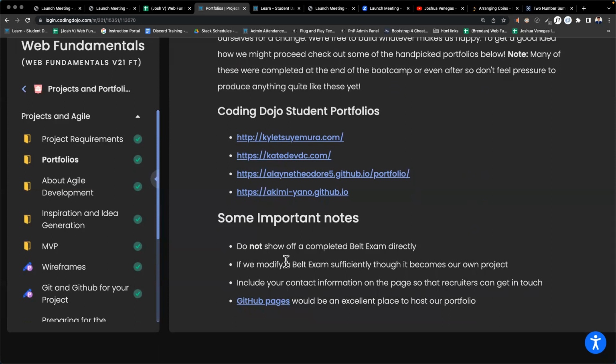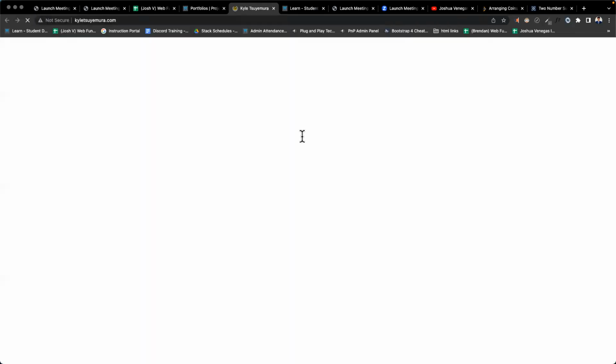Do different colors, different logos, different names for everything. And include your contact information on the page so that recruiters can get in touch. So you want to have contact information on your page, and we'll put it on GitHub Pages. So let's go through these portfolios.